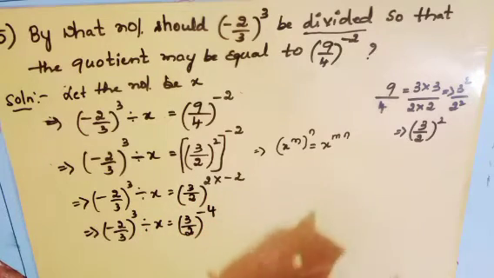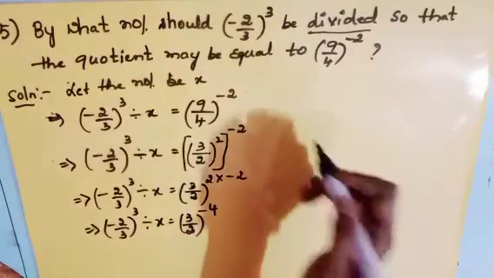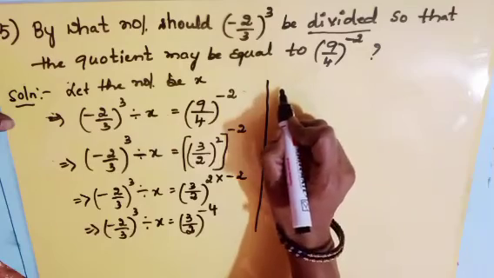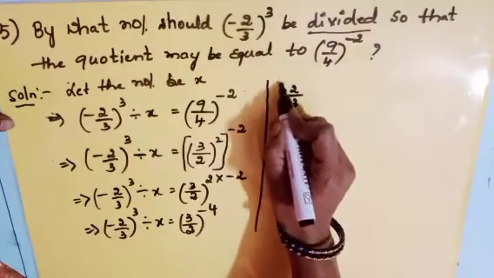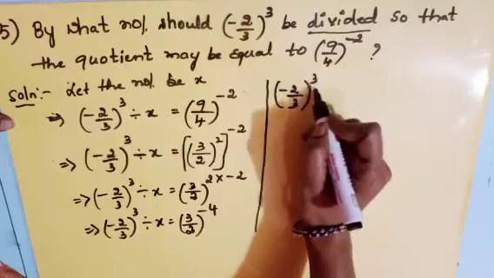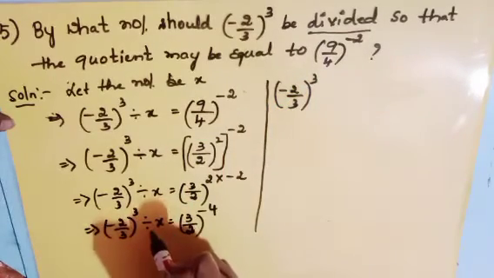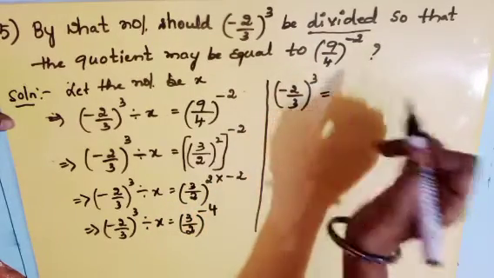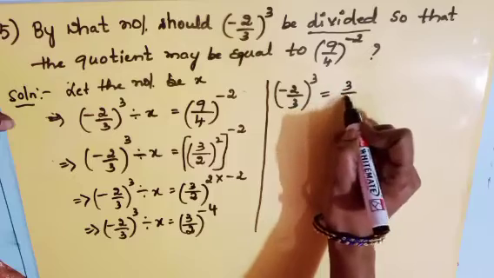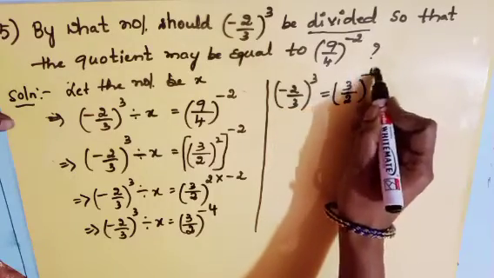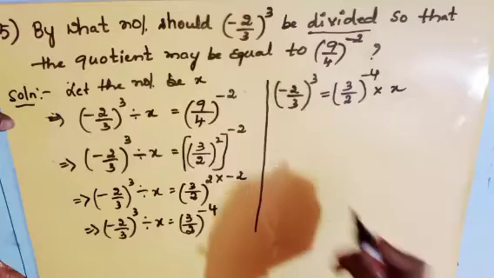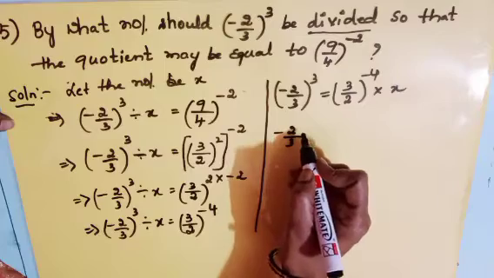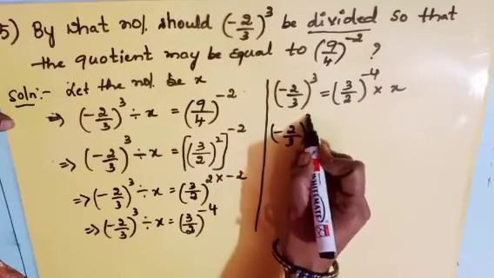Next, see here, (-2/3)^3. Now, when division comes to the right side, the sign changes to multiplication. So I'll write equals (3/2)^-4 into x. Next, (-2/3)^3 equals...